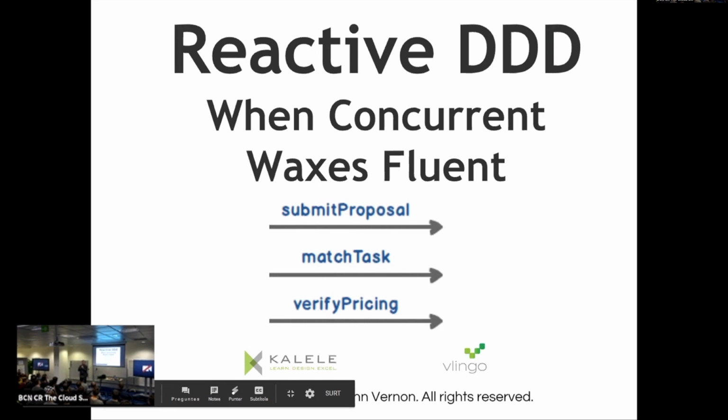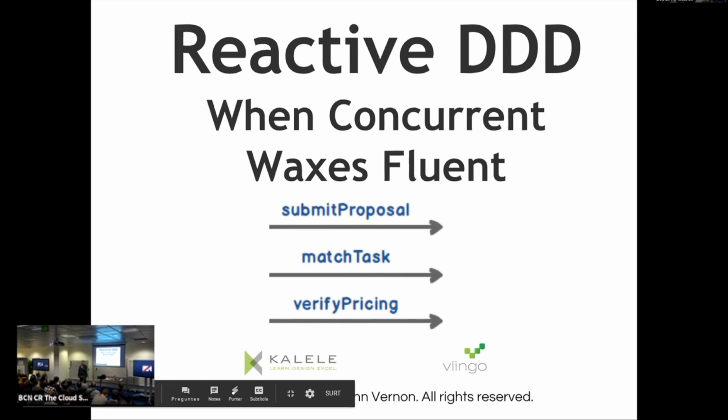It seems like we're entering an era where concurrency really matters, and people are getting used to the idea that they need to use a reactive approach to software development to get the scalability, the efficiency, the throughput that they need.